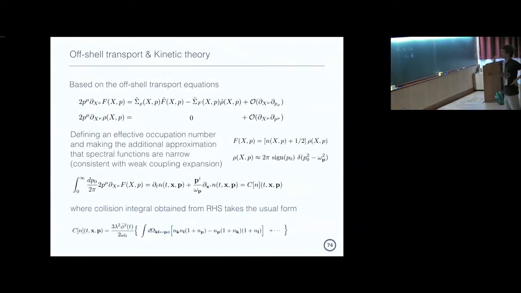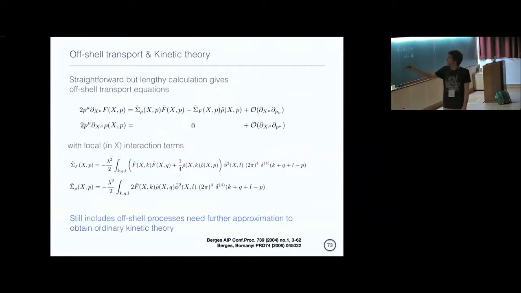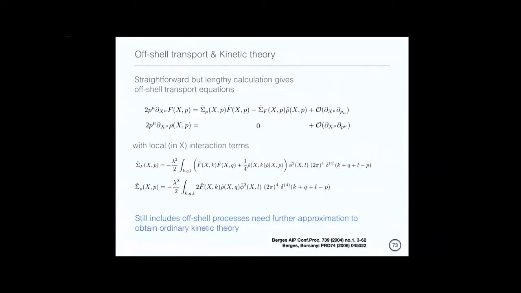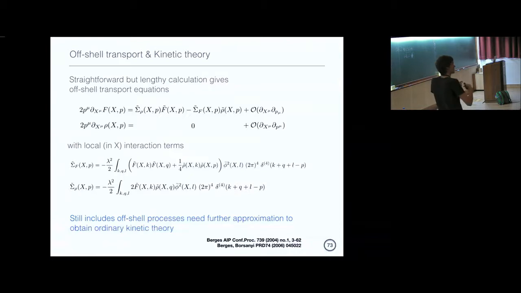Okay, so now getting to kinetic theory, there's sort of the last step involved. The last step is if you look at what is characterizing the changes in time of our statistical fluctuations. And you see that this is already proportional to lambda squared here, whereas all the corrections to the spectral function that we will encounter will also come with powers of the coupling. So if we're only interested in the leading order behavior in the coupling, we can go one step further and just plug in the free spectral functions, because all corrections are going to be higher orders in the coupling.